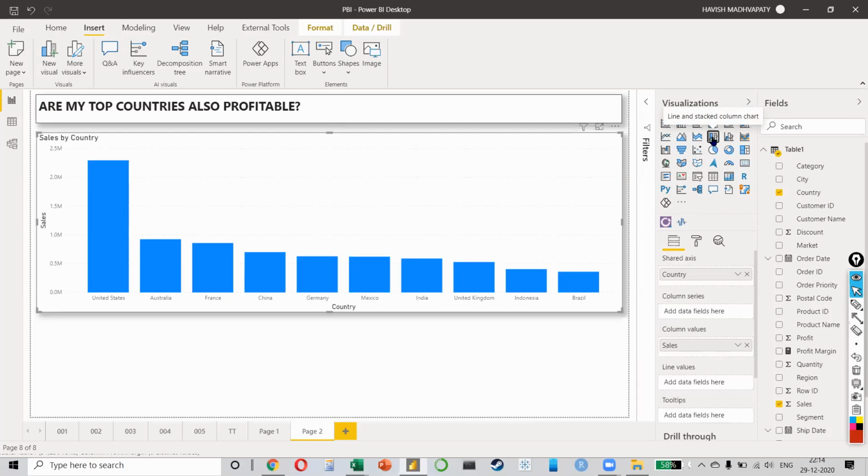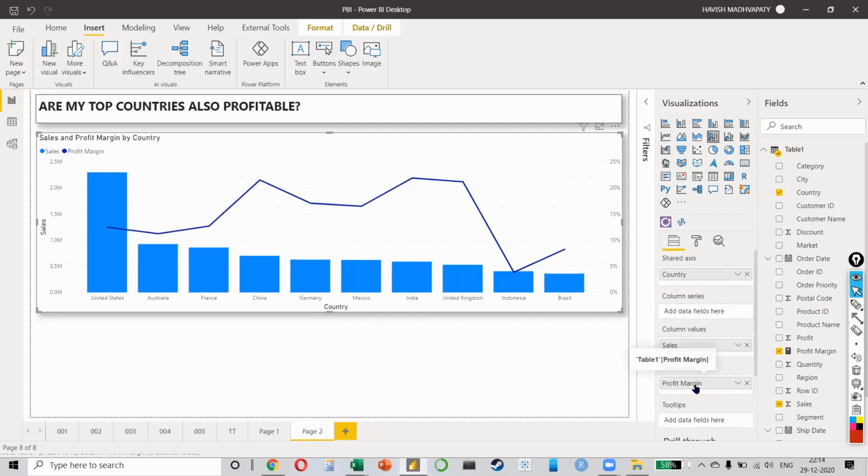So I'll select this, and in the line value, we'll put the profit margin like this. So I make a line and column chart. The shared axis is the country, sales is in column, and profit margin is in the line.